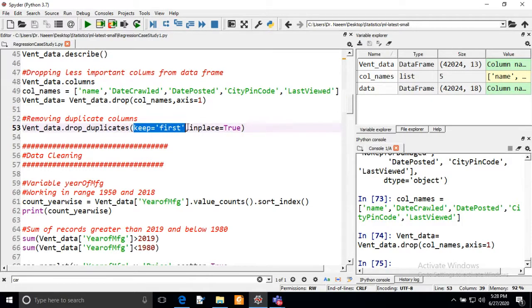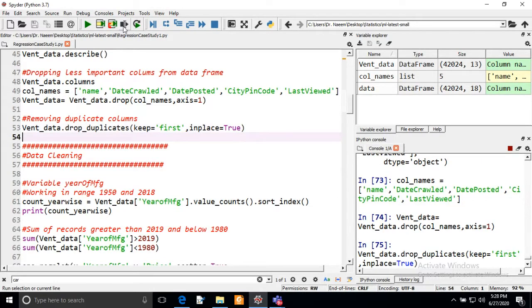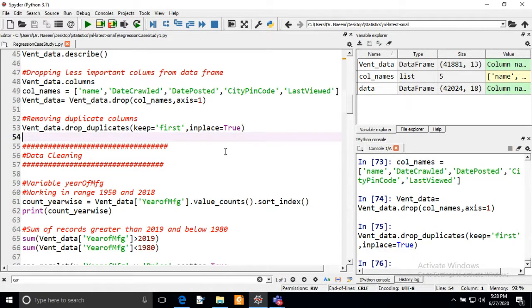It is telling that the first occurrence of those duplicate rows I want to keep in the data frame, and the remaining I want to remove in place, just to keep or to shift above. So now it is executing.